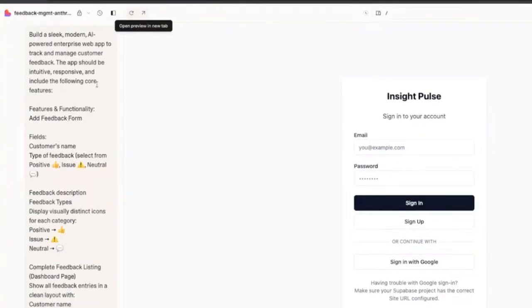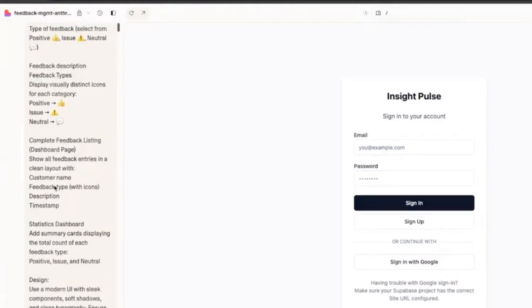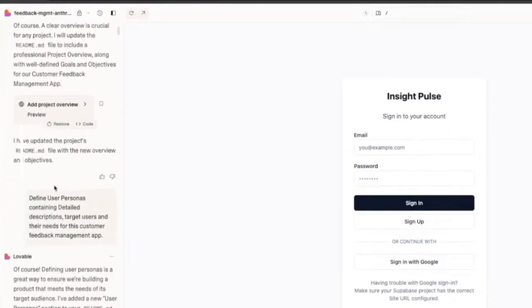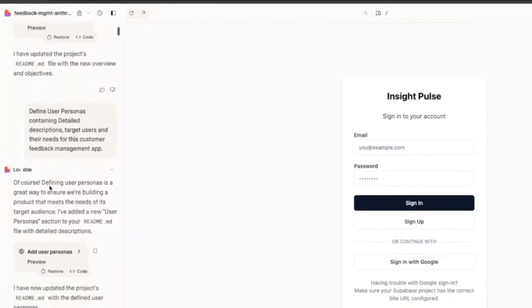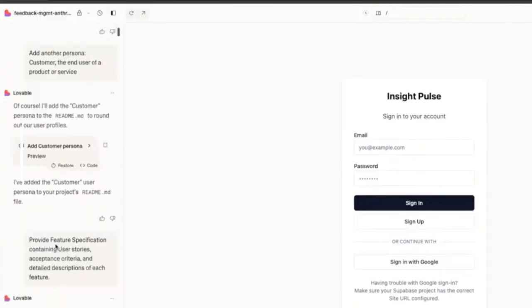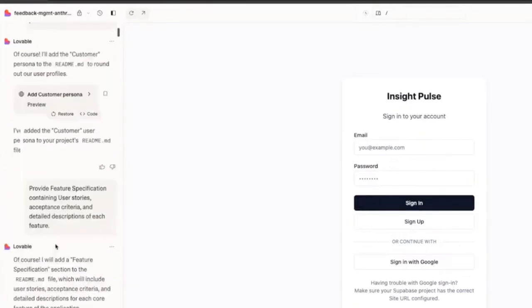Yeah, this one is my first prompt where I said, okay, build this particular app, give these features, and it did that. Then we connected Supabase. Then I told it to document some of these inputs which I provided, which I shared earlier in this session, so that when you are starting to build any application, if you have some coding guidelines, those could also be fed. Then